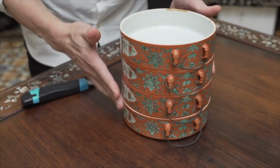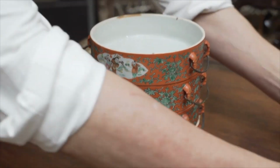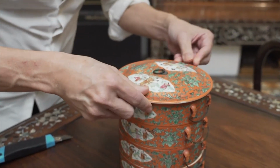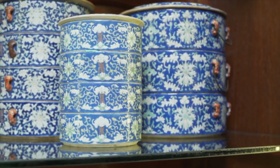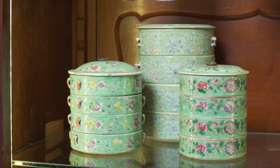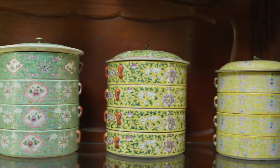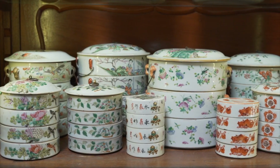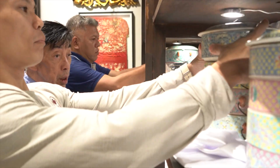Many of you will ask me why tingkats, you know. As I said, it's a nostalgia. It evokes a time when I was a teenager. And a lot of you will question whether this is actually Peranakan porcelain. Traditionally, if you look at it and the elements here, it doesn't fit into your typical Peranakan porcelain identification symbols. So there's no Buddhist symbols, there are no phoenixes, there are no peonies, and if you look at the universe of tingkats that I have in this exhibition,